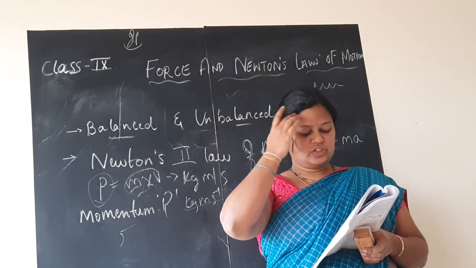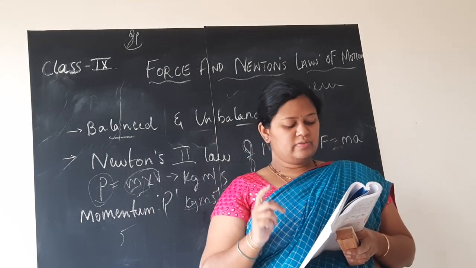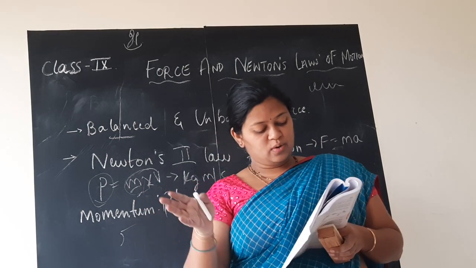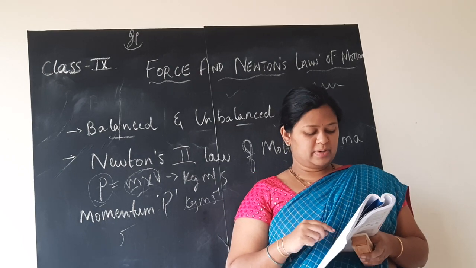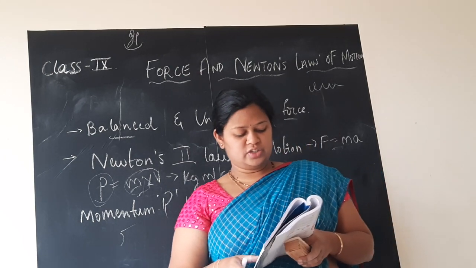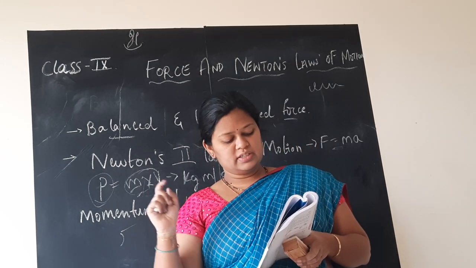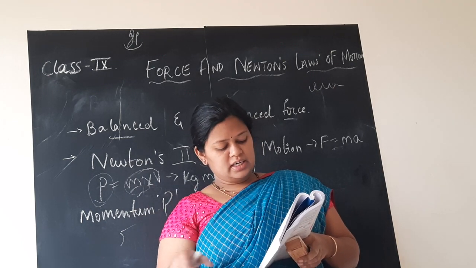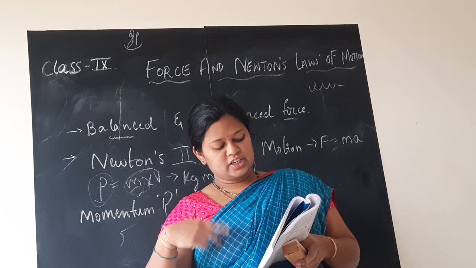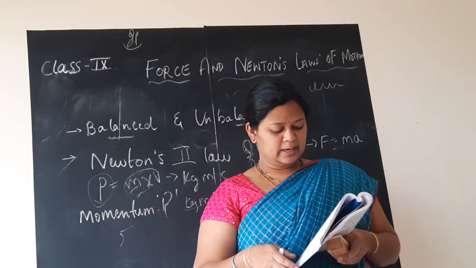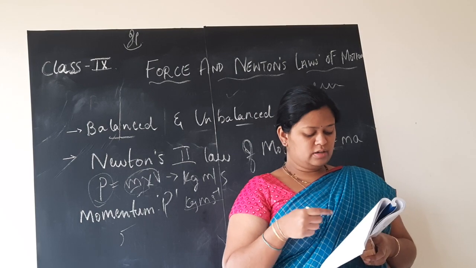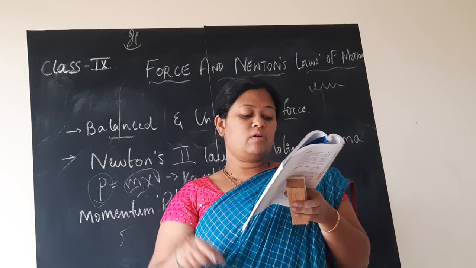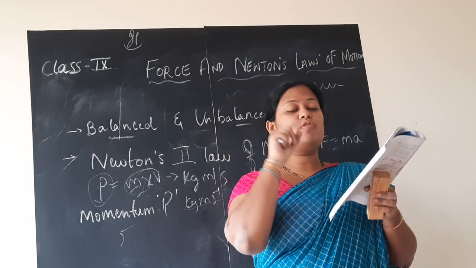Let us consider a situation in which a car with a dead battery is to be pushed along a straight road to give it a speed of 1 meter per second, which is sufficient to start its engine. If one or two persons give a sudden push, that is, an unbalanced force to it, it hardly starts. But a continuous push over some time results in gradual acceleration of the car to that speed. It means that the change of momentum of the car is not only determined by the magnitude of the force but also by the time during which the force is exerted.